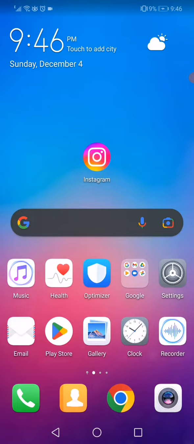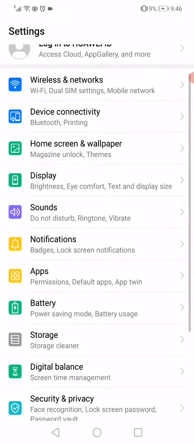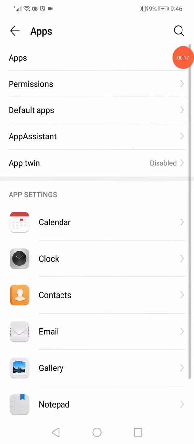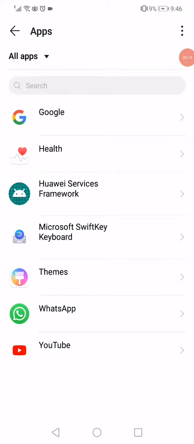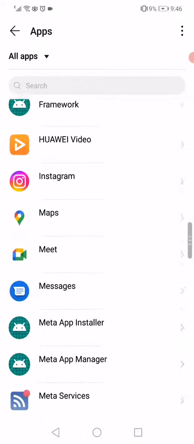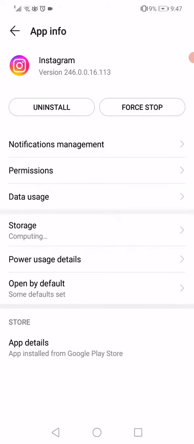All what you have to do, go to settings, go to apps manager, and then go to the apps again here. Now on this page, all what you have to do is just scroll down until you find Instagram and click on it. After you click on it, now all what you have to do here is go to the data